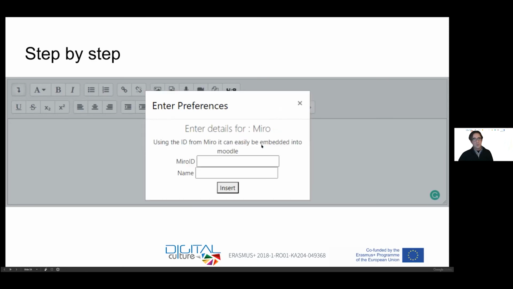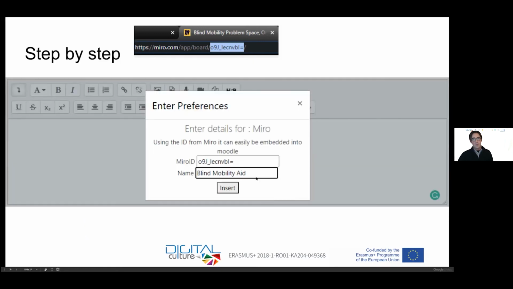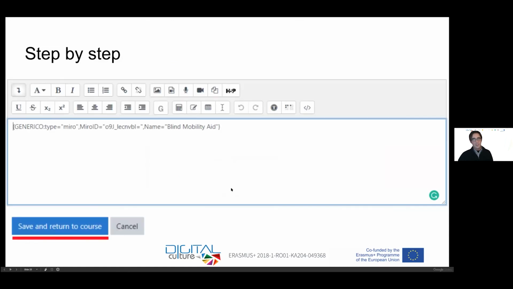So let's assume we want to embed Miro. Now all we need to do is to look up the ID of that Miro board. So we would get that from the URL. So this is the only time where it gets slightly technical. You need to go into the internet address of this Miro board, and then you can copy that into this Miro ID field, and then you would need to give this element a name, and then you can insert it,